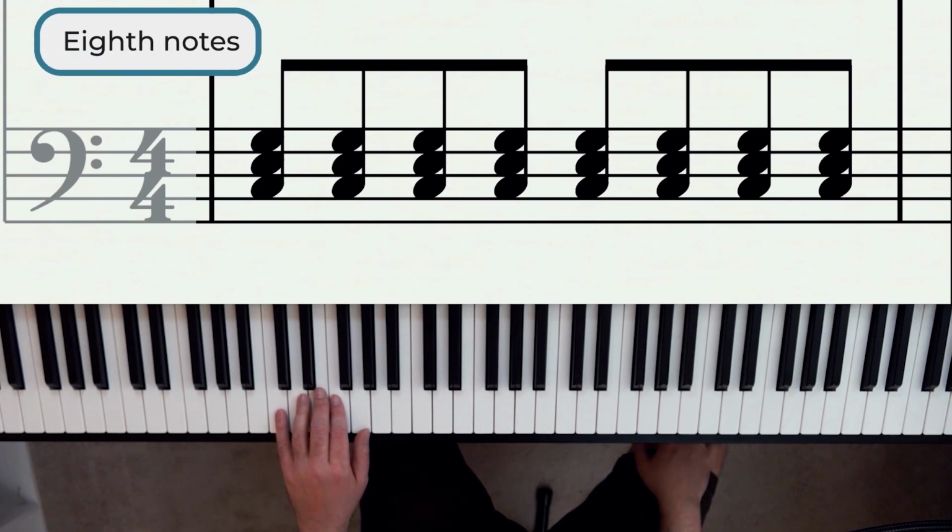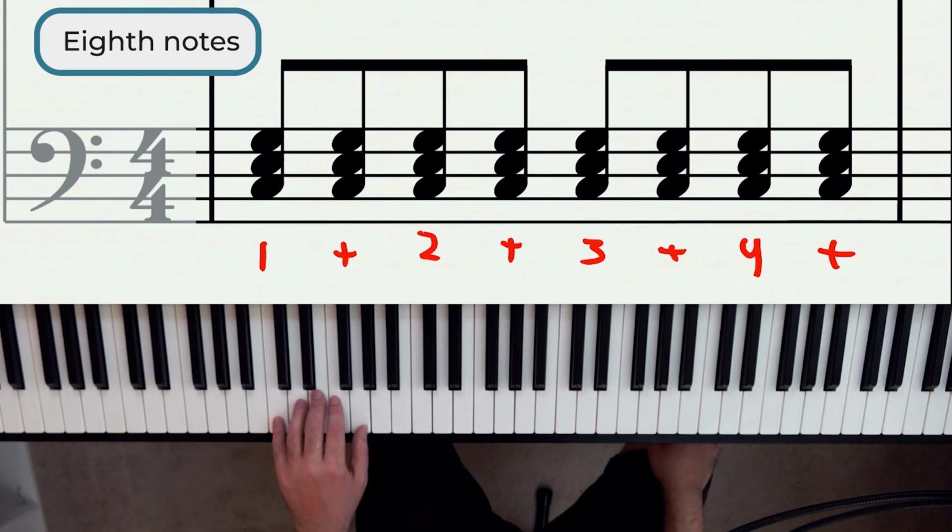Now say I wanted the piece to sound a bit faster. I could double time the notes into eighth notes. And here's how that's going to sound. 1 and 2 and 3 and 4 and 1 and 2 and 3 and 4 and...